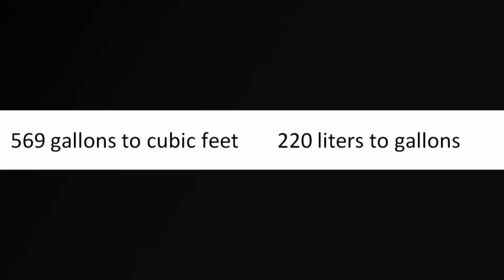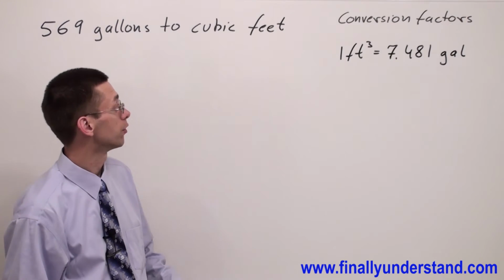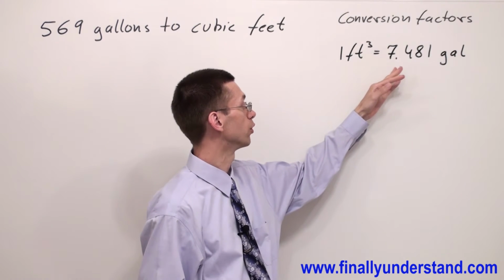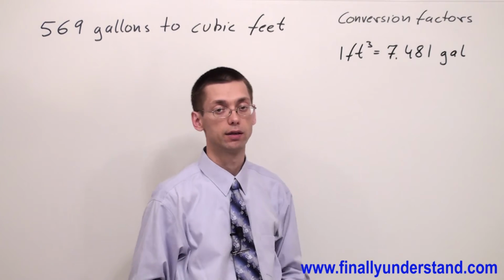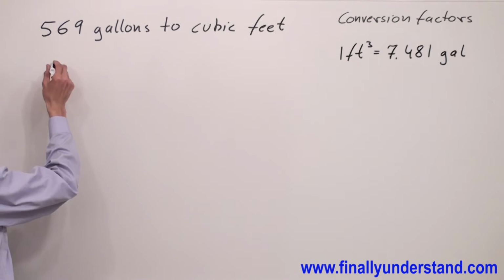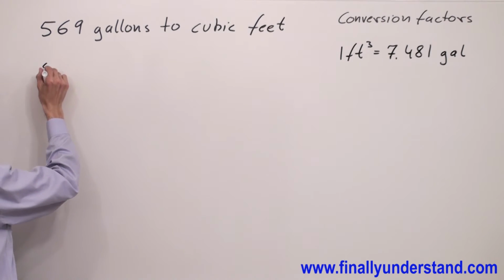569 gallons we're supposed to convert to cubic feet. We have a conversion factor which says that 1 cubic foot is equal to 7.481 gallons. So what do I have to do? Rewrite this problem one more time. I have